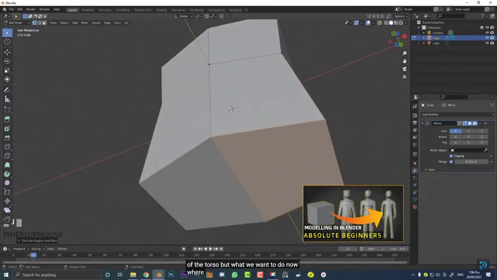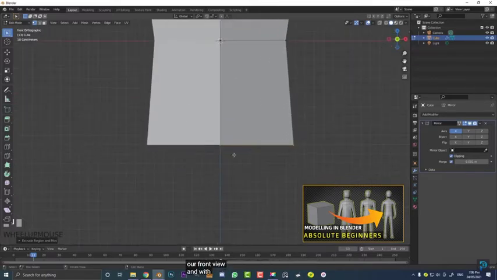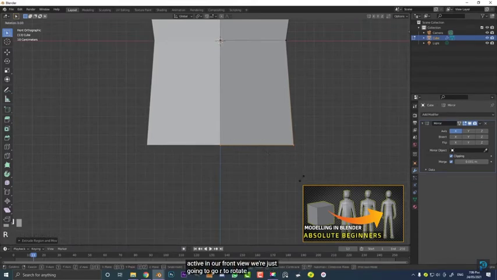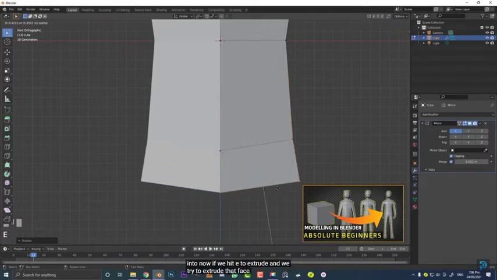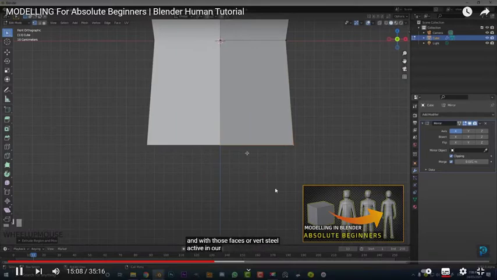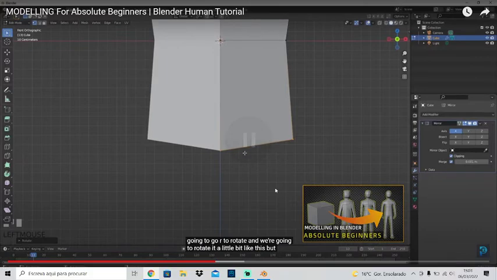But what we want to do now, where this face is here, is extrude a leg. So we went into our front view, and with those faces or verts still active, we're just going to go R to rotate, and we're going to rotate it a little bit like this. But one of the issues we're going to run into now, if we hit E to extrude and try to extrude that face in,